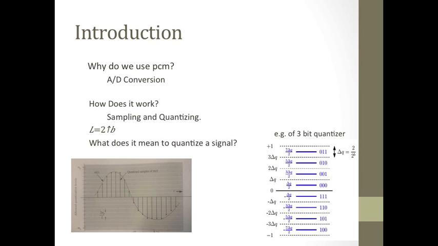Here is an introduction about pulse code modulation. Why do we use this kind of modulation? Pulse code modulation is used to convert an analog signal to a digital signal. How does it work? It works by sampling and quantizing. Sampling is a means of replacing a continuous-time signal by a discrete sequence of numbers, and quantizing is a means of rounding off numeric values to one of the closest permissible numbers, or quantized